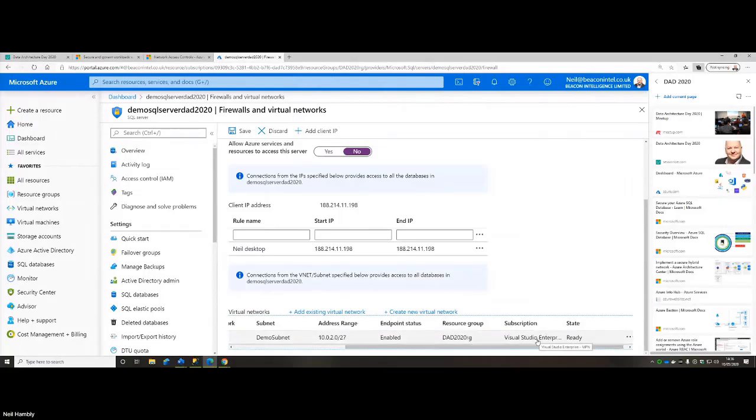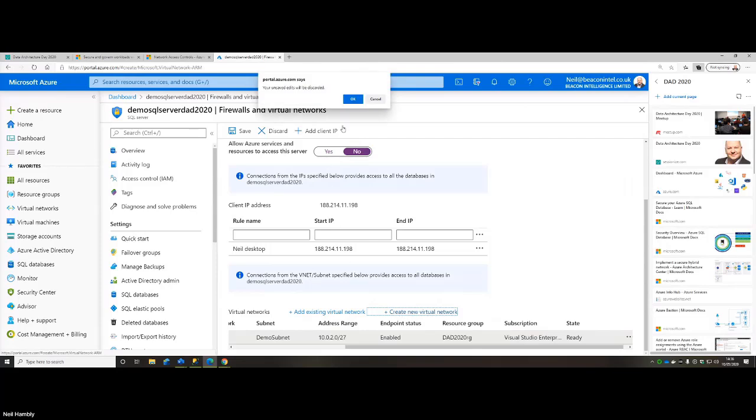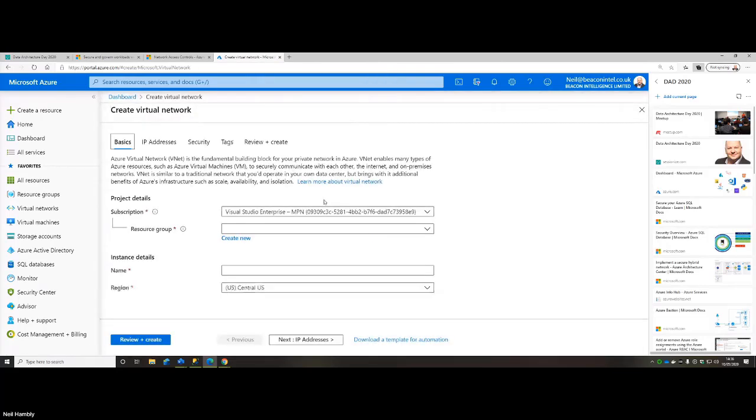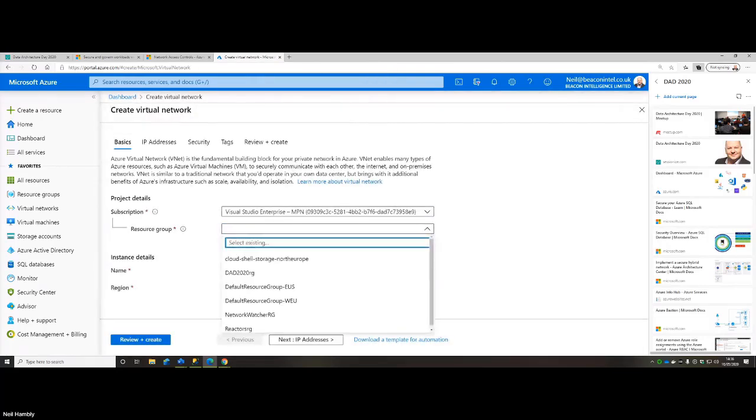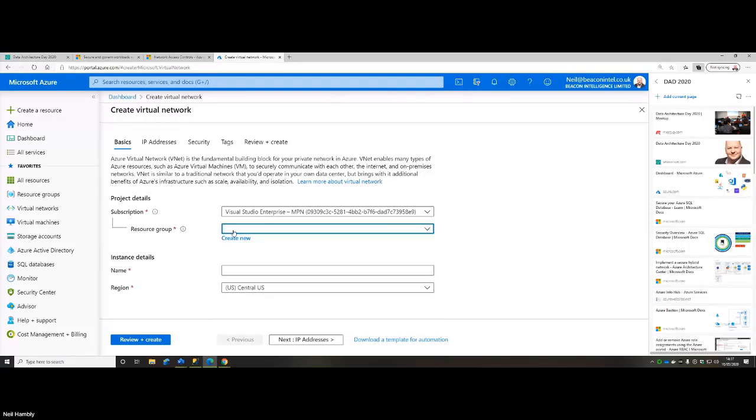I've got some things about subscriptions and other stuff, but I can just remove that, and I can also add existing and create a new one. If I want to create a new one, it's going to bring up a new blade and say, okay, you want to create a virtual network, create it. So if you don't have one, you can build it there and then straight inside your environment. I could give it a new resource group name. Actually, I'm just going to use the existing. I'm going to give it a new virtual network name.